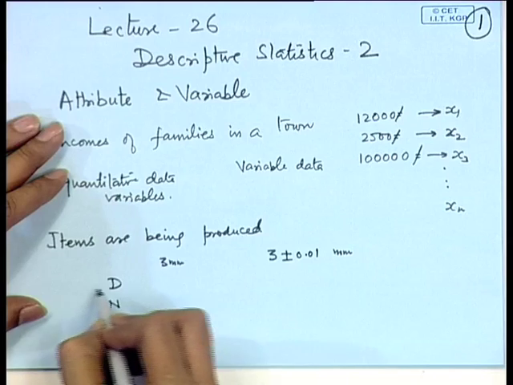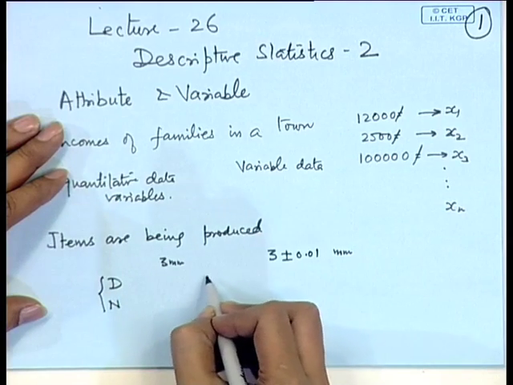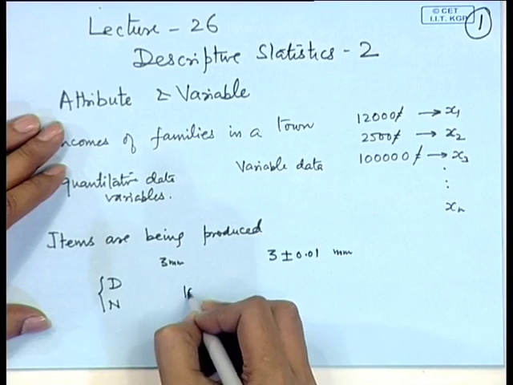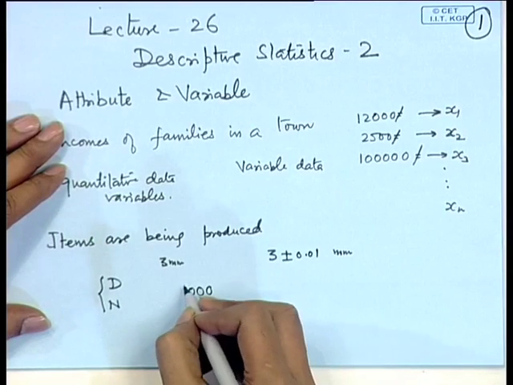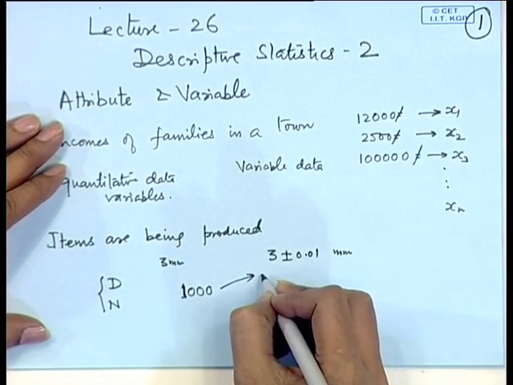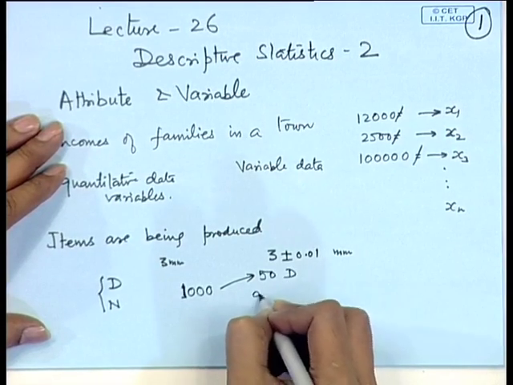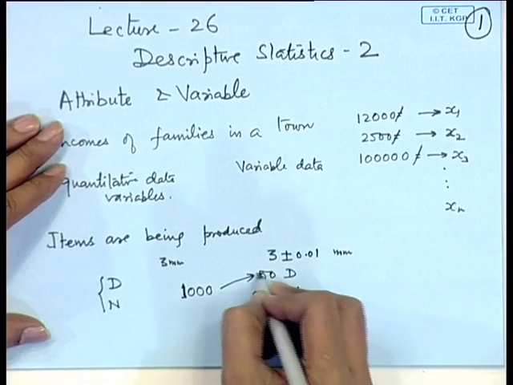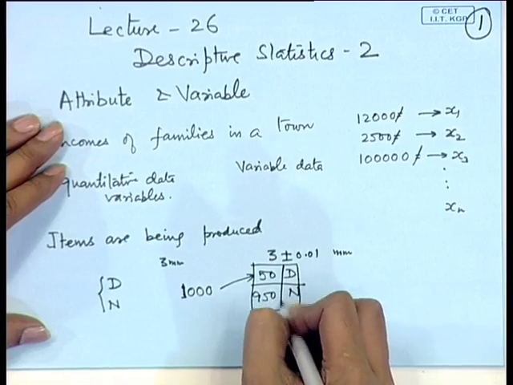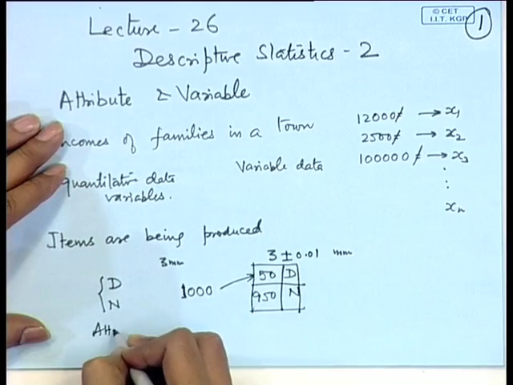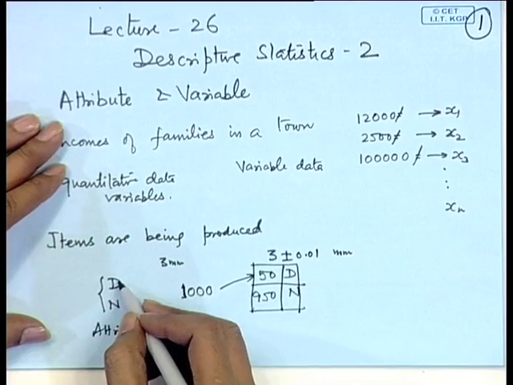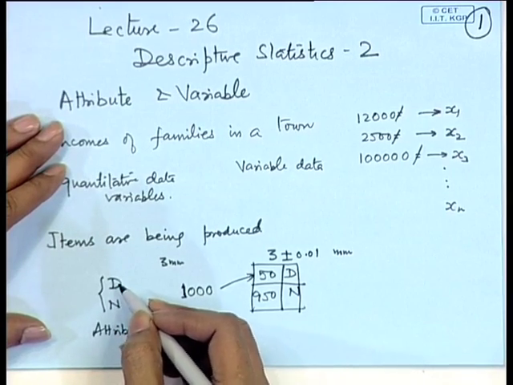So, corresponding to each item the value recorded is either D or N. Now, if we record for 1000 bolts D or N's, then out of this maybe 50 are defective and 950 are non-defective. So, at a second stage the data becomes quantitative. This is known as attribute data,